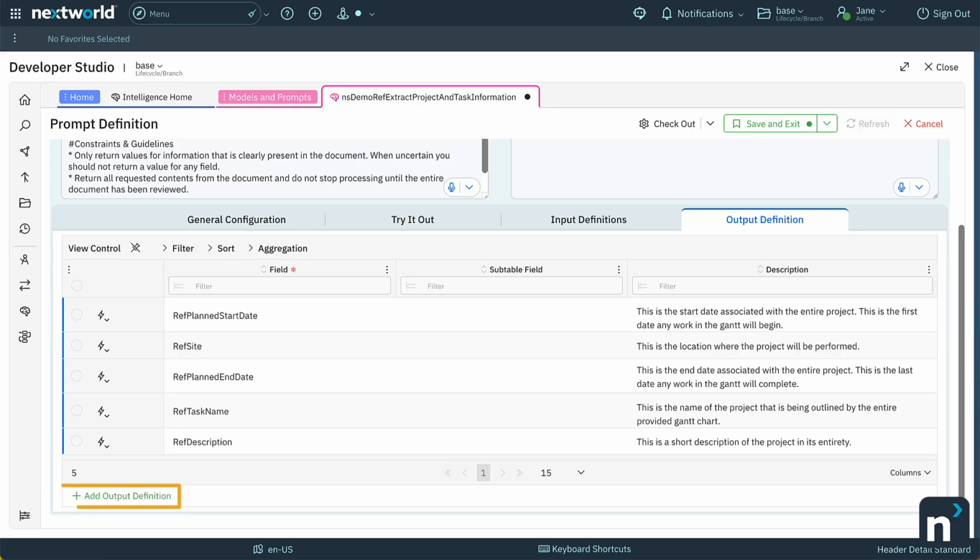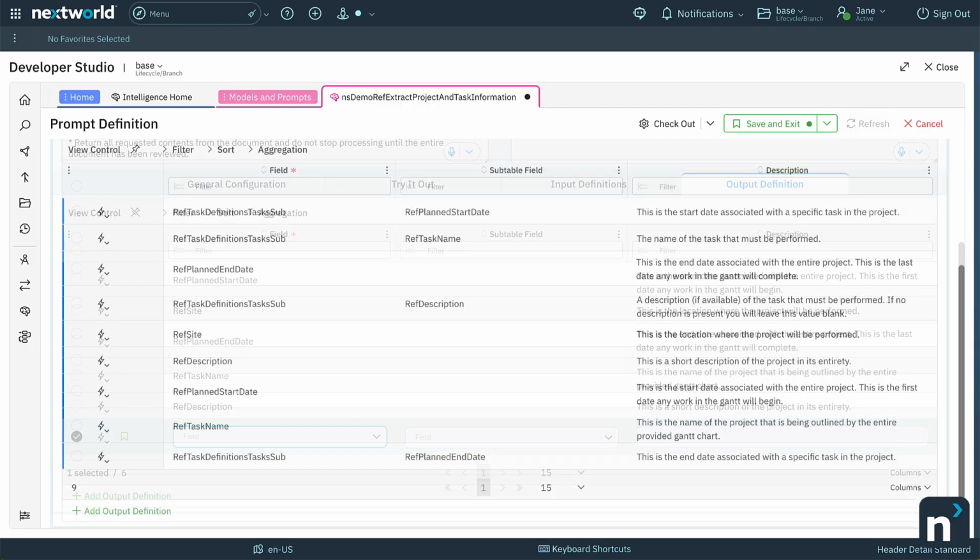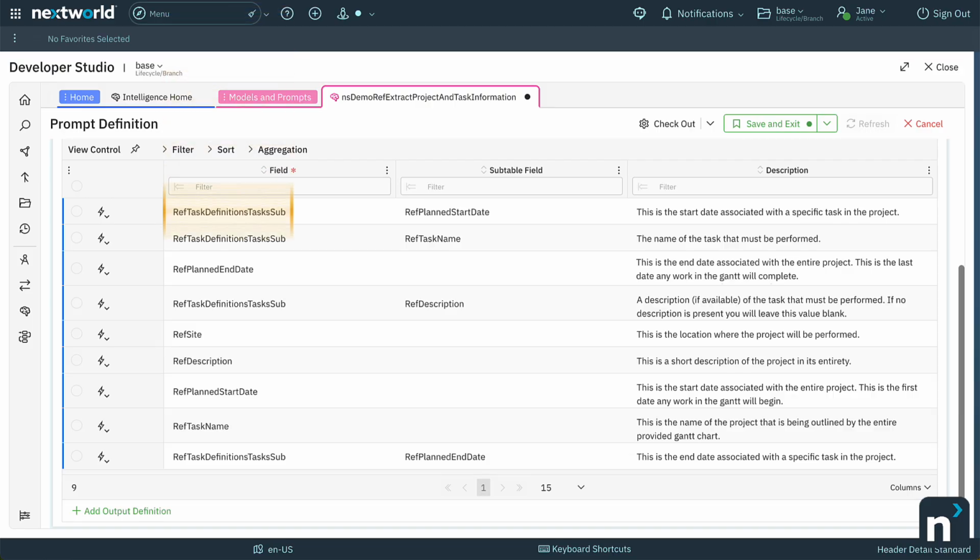Select Add Output Definition and add the following fields, subtable fields, and descriptions. The field is the subtable data item, and the subtable field is the specific field within that subtable that you want to populate. For example, RefTask Definitions Task Sub, RefTask Name, the name of the task that must be performed.